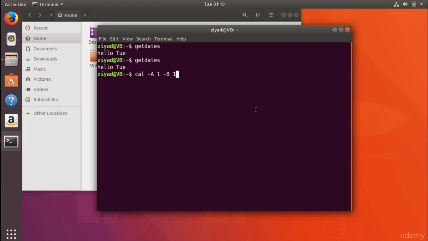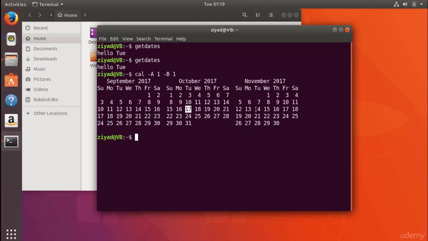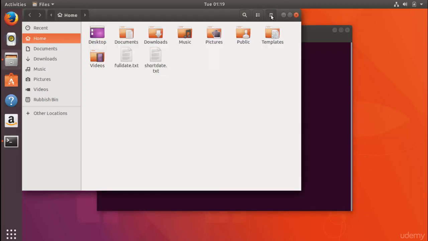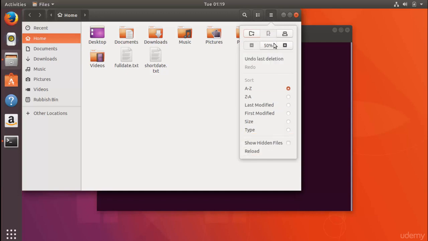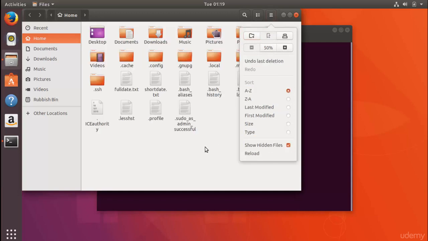Okay, so after 1 month, before 1 month. And we get the current month with 1 month after and 1 month before. Okay, so that's the command. If we head back in here, click these three horizontal bars, and show hidden files, click on our